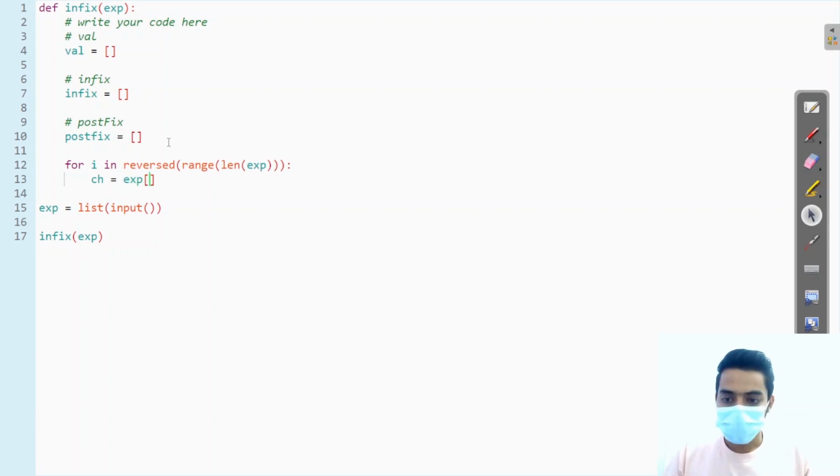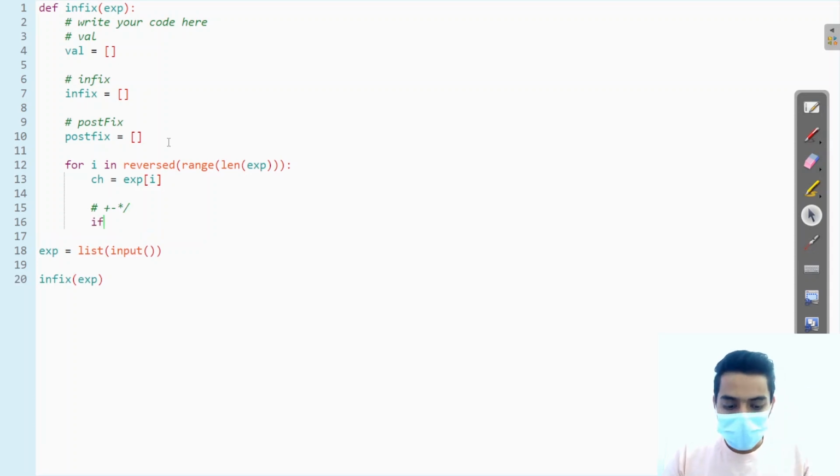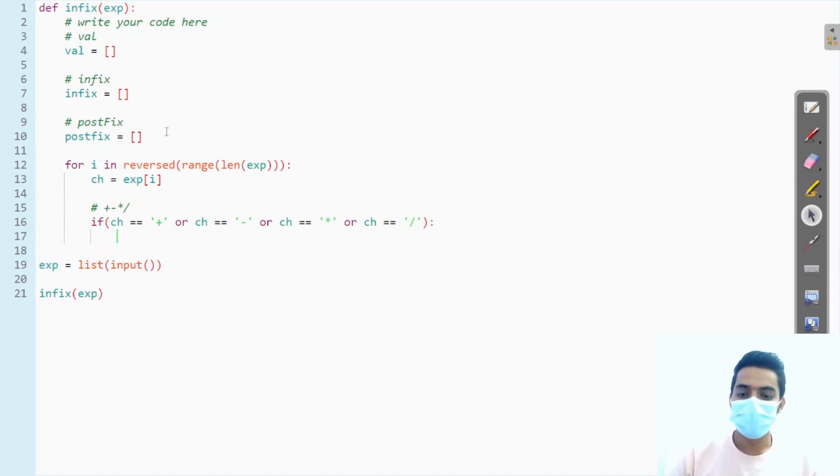So expression of i, and we need to consider here if the character is plus, minus, divide, multiplication. If character is plus, or minus, or multiplication, or division, if this character appears,